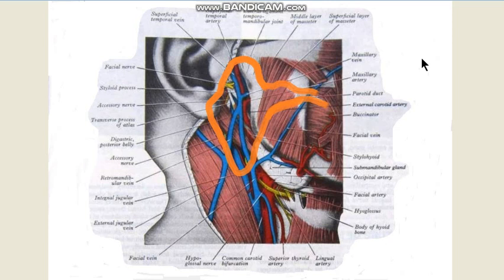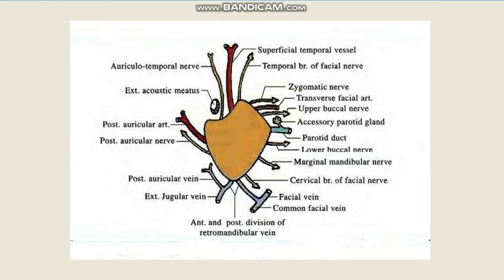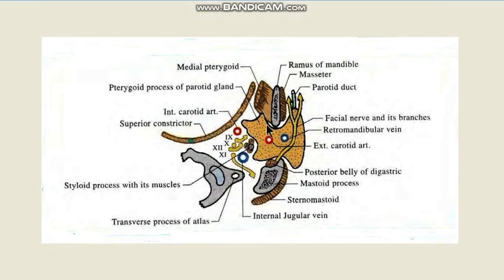Hello everyone, we now continue our discussion of the parotid gland, and as we have previously said, it is pyramidal. It has an apex, a base, an anterior border, a posterior border, an external surface, and on its inner side it has an anteromedial and a posteromedial surface. So you have an anteromedial surface here and a posteromedial surface here, and the anteromedial surface is indented by the